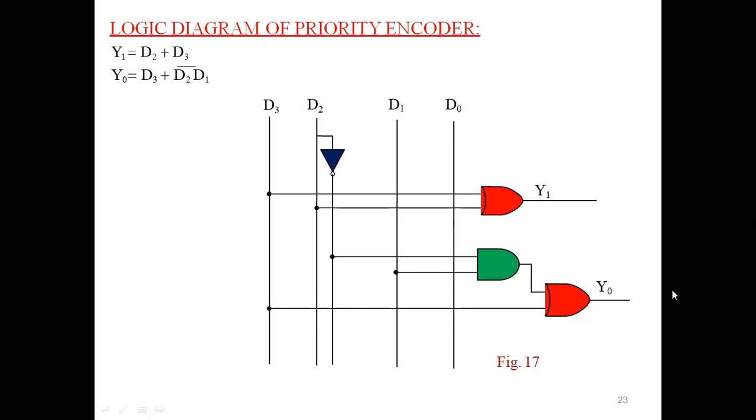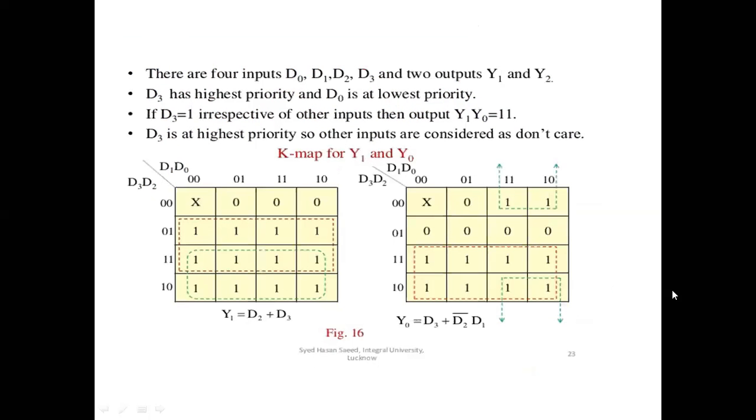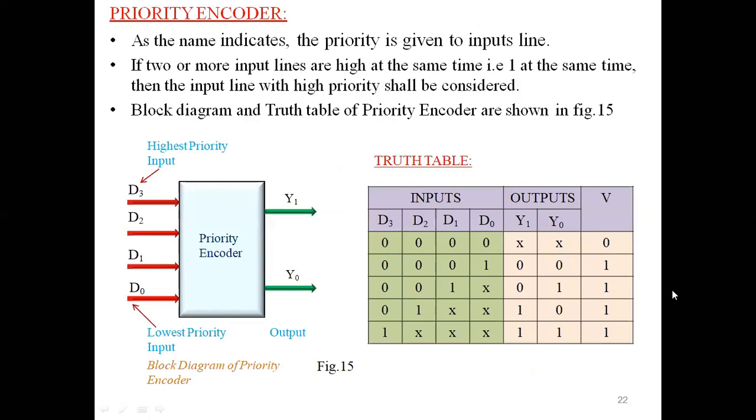Yes, madam. So, priority encoder. Let us see one example for this. Here D3 value is 0, D2 value is 0, D1 value is 1, and for D0 there is a don't care condition. Don't care condition means whether you pass 0 or 1, we will get the same value: y1 is 0 and y0 is 1.